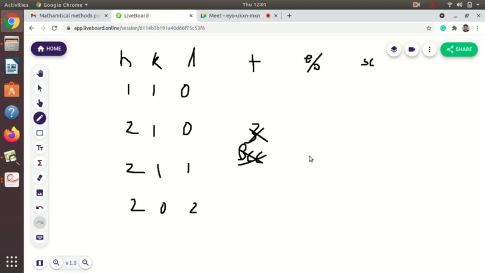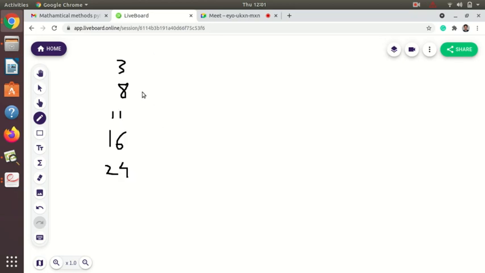So now tell me, this is not FCC. So what should it be? It should be simple cubic. Now I will give you the values of n, and from that you first find out the values of HKL, and then we will find out whether the structure is simple cubic, body centered cubic or FCC. We have the value of n and we have to determine h, k and l. The sequence does not matter, because we only have to see whether the addition is even or all are odd or even. So don't worry about the sequence.